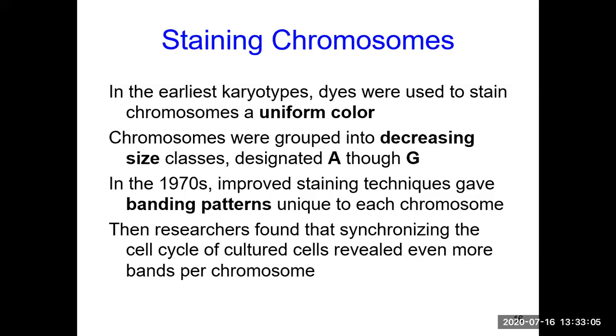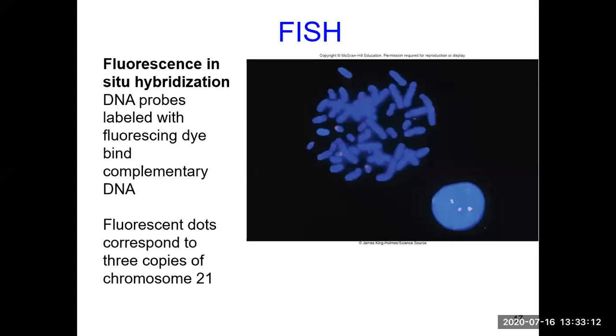Now, staining chromosomes, as I said, in karyotype a long time ago, the chromosomes were all stained in the same color, and then banding techniques came. And nowadays, the FISH method is used. FISH stands for fluorescence in situ hybridization, in which we use probes. Probes are something similar to, imagine, small DNA molecules. So they would have complementary base pairing with DNA. So we will send some of those complementary DNA bases, and those probes would have a fluorescence dye attached to them, which will give you a fluorescence signal.